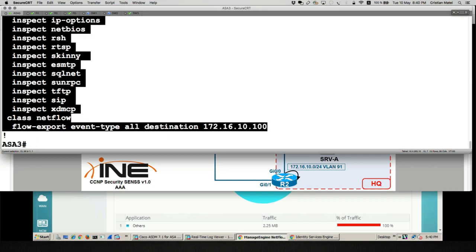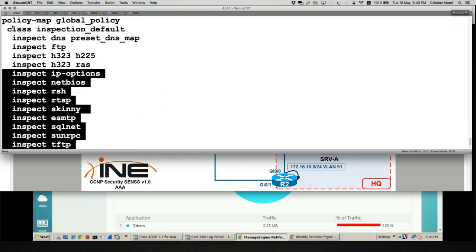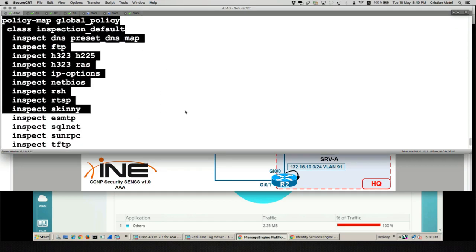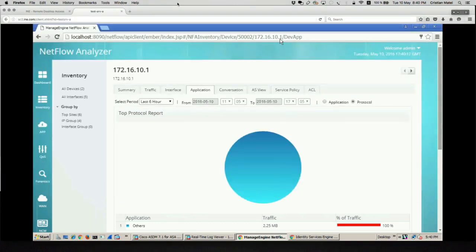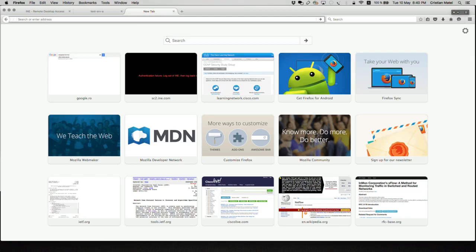I have applied this policy map globally, which means all traffic flowing through the ASA, no matter the ingress or egress interface, is going to be inspected per my configuration. Now, of course, if you look at Cisco's documentation, based on the protocol,